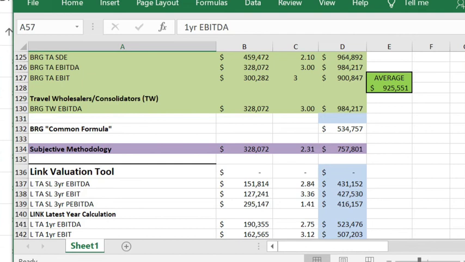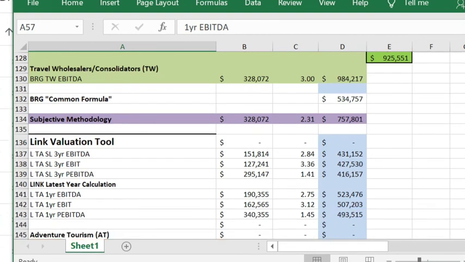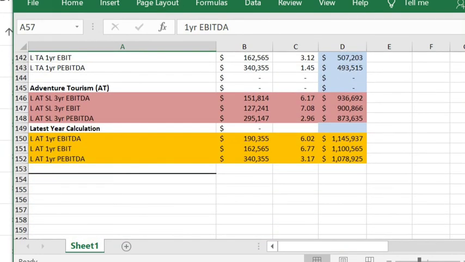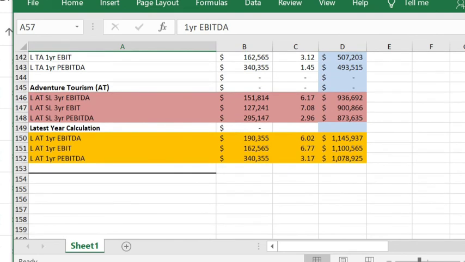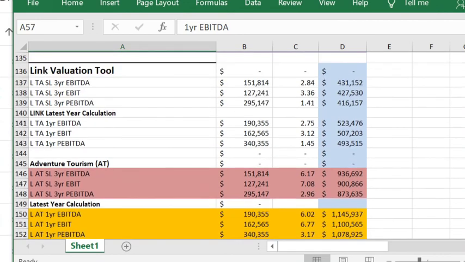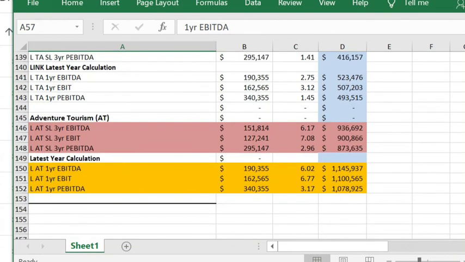And you need to take them all into account, because you're going to go with a number that you take your business to market with, and you want to have a number of different ways that you can justify that number. And hopefully, when you look at the valuation of your business in a bunch of different ways, you're going to start to see patterns that they're all sort of coming out in a relatively similar range. Obviously, the really low ones you're just going to toss out, but you're hopefully going to be able to arrive at a really good valuation in a bunch of different ways, which is going to really add weight to the way that you justify the price of your business.